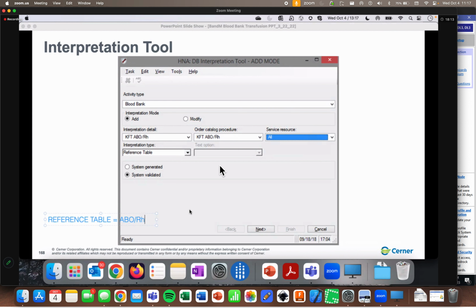We had the one that was for the products, which was the unit ABORH, and then we had the patient ABORH. So if you strain your brain way back there, what you should hopefully remember is that when we first put in that blood type,